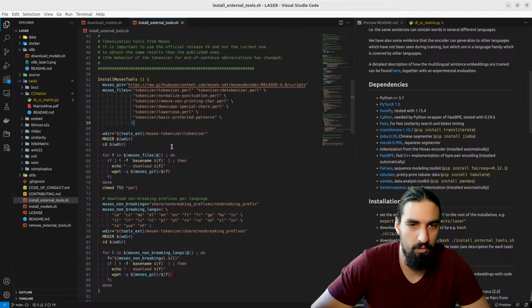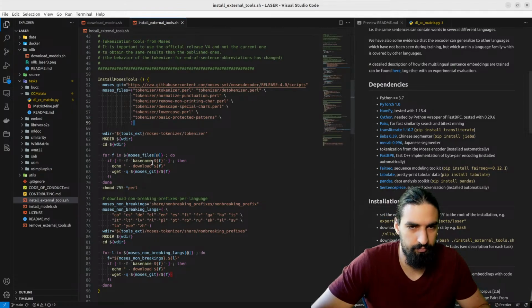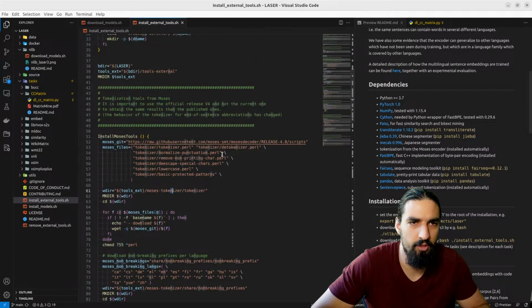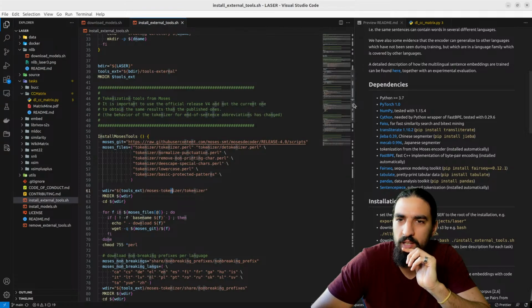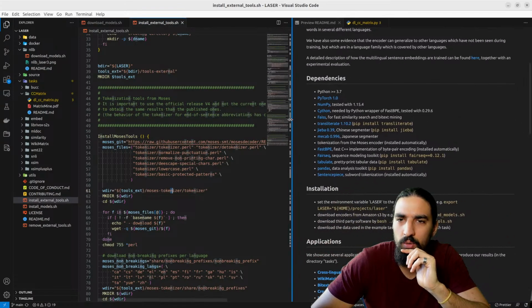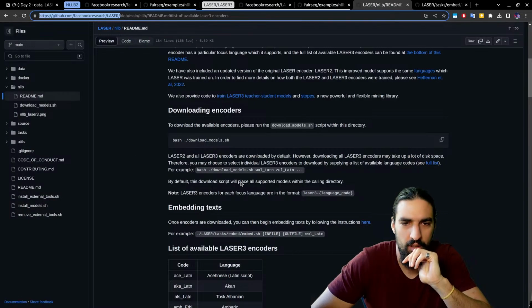Remove the escape. Okay, let's download these tools. Although I'm not sure whether we actually need them. This is for, maybe, just maybe, once we download the models, let's see what then. Then to run them